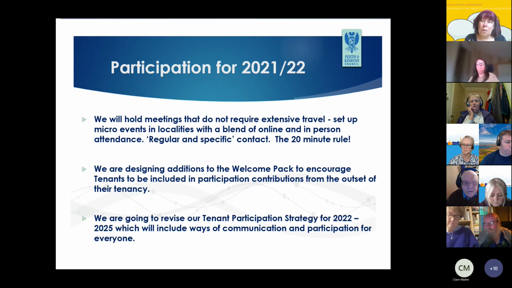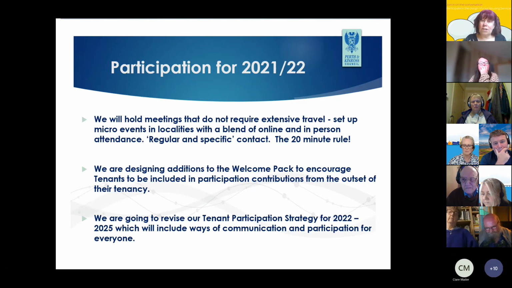We want to make sure that when people become tenants for the first time, they know about tenant participation, and that we don't just find them on the street, or they come along to a meeting and discover it after they become a tenant. So we're making sure people have opportunities to start looking at what goes on in their area, at our working groups, and what opportunities there are on the menu, but also what's going on locally. Sometimes it might be outside your interests or area, but we might be able to set something up.